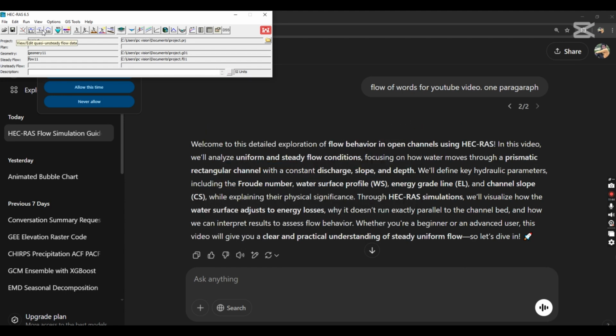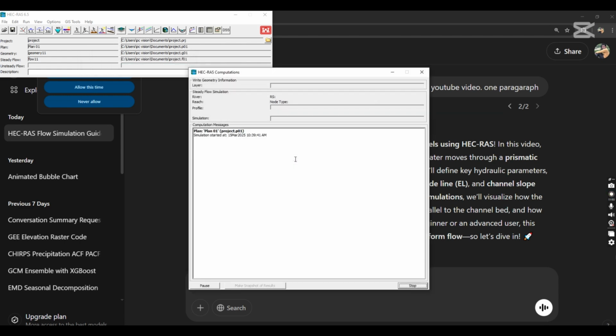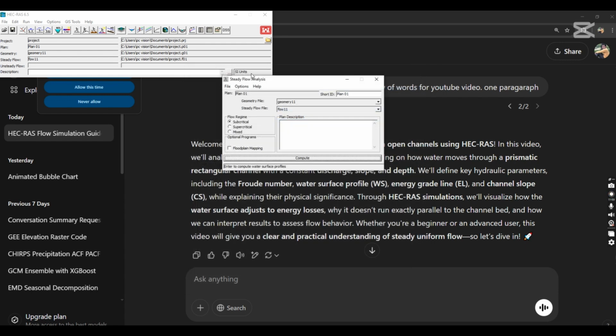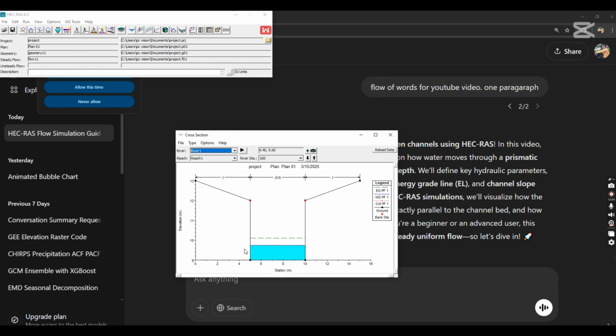Now run the model. So click on this one, select subcritical and then compute. So now the running is complete. Now you can click on the view cross section. Here you can see this is the cross section. Here this shows water from the region, you can see over here. If you click on this one, this is basically critical